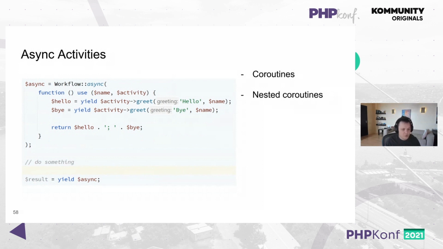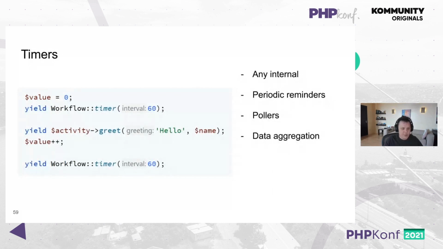However, this coroutine is going to be executed in the background of your process. And when you want to get the result of this coroutine, you just do yield on that. So between setting the coroutine and doing yield, you can do something else, maybe run other coroutines or run nested coroutines. You also have timers, and timers are extremely valuable here because you can sleep for almost any interval,